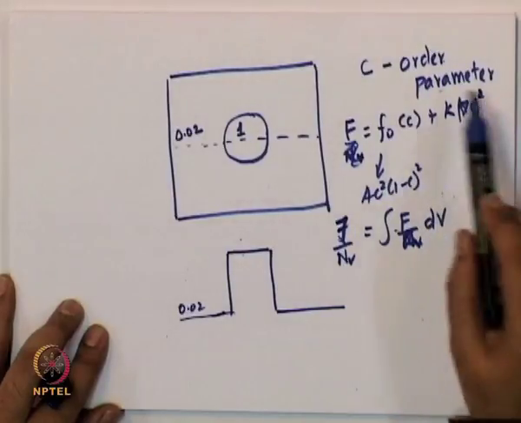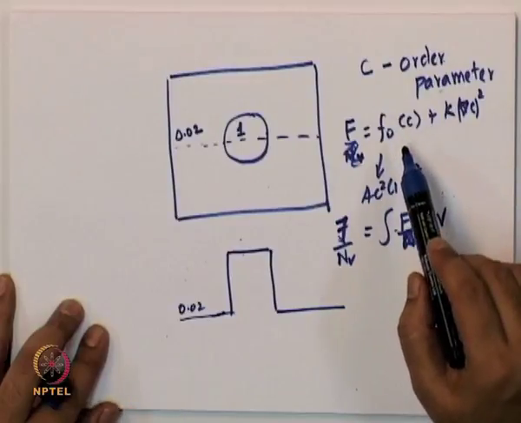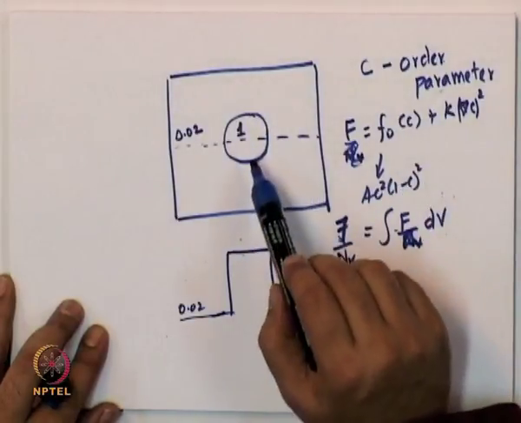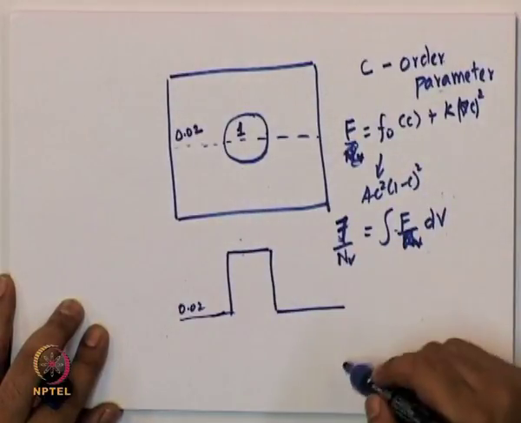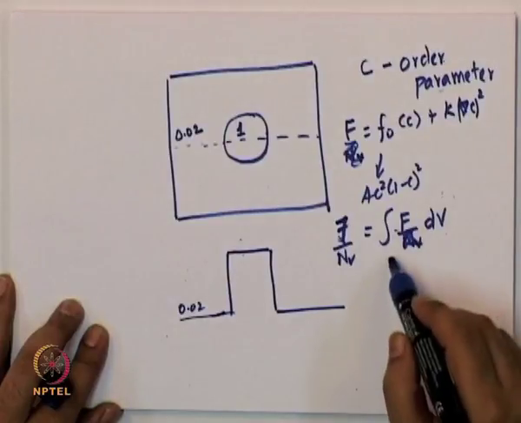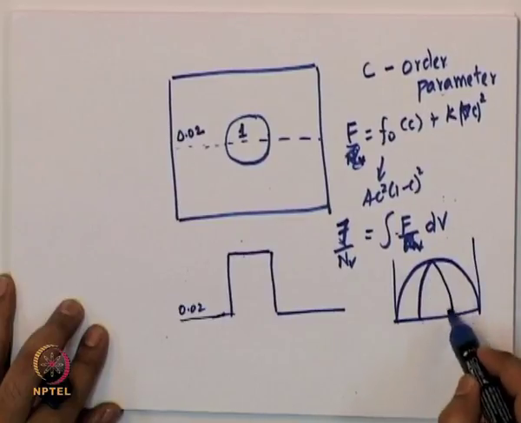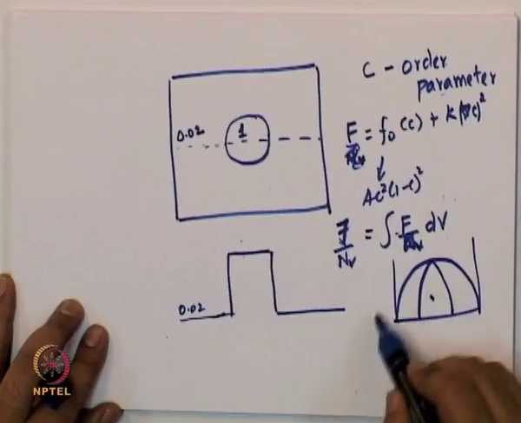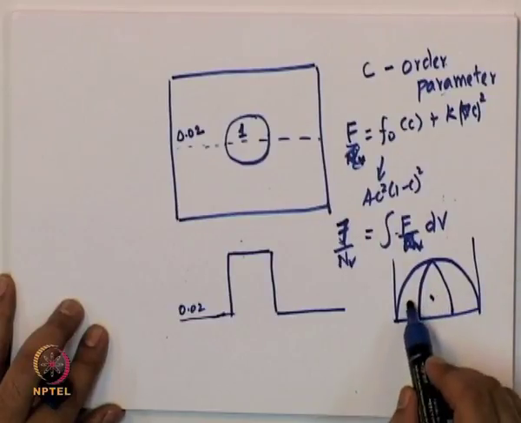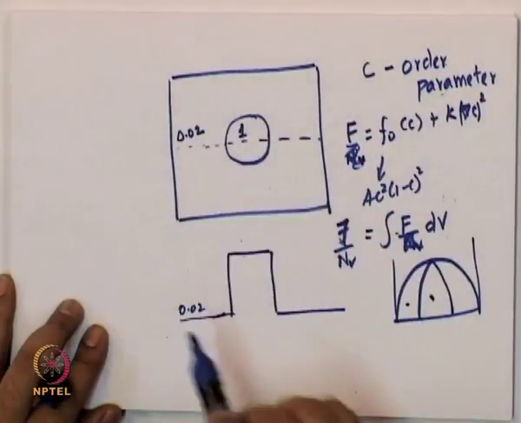So, the free energy is basically given by this integral f dV, which means we are basically looking at the same free energy functional we used last time for getting spinodal decomposition, except that I am going to choose the overall alloy composition in such a way that it is away from the spinodal line, but still within the two phase regime. In other words, if this is the miscibility gap and this is the spinodal regime, previously I had started with a composition which was smack in the middle, 0.5, about which I had some fluctuations, but now I am going to choose some composition which is on this side, very low B. So, the composition is going to be very small.